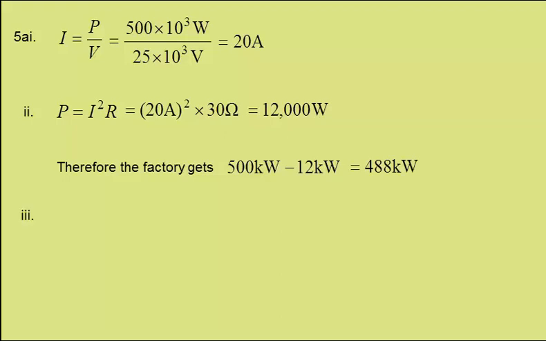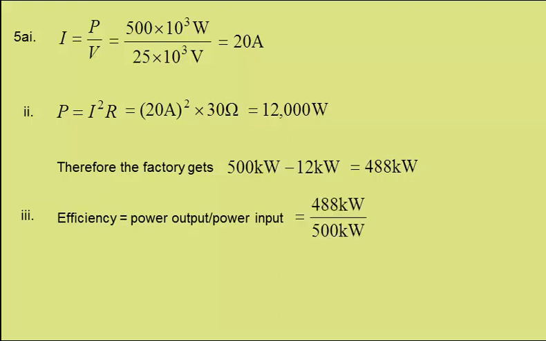In part 3 we need to find the efficiency with which power is transmitted by the cables from the input at the supply point to the factory. Well, efficiency is power output divided by power input, which is 488 kilowatts over the input of 500 kilowatts, giving 0.976 or 98%. In B, we're given details of the electrical transmission system involving step-up and step-down transformers used in